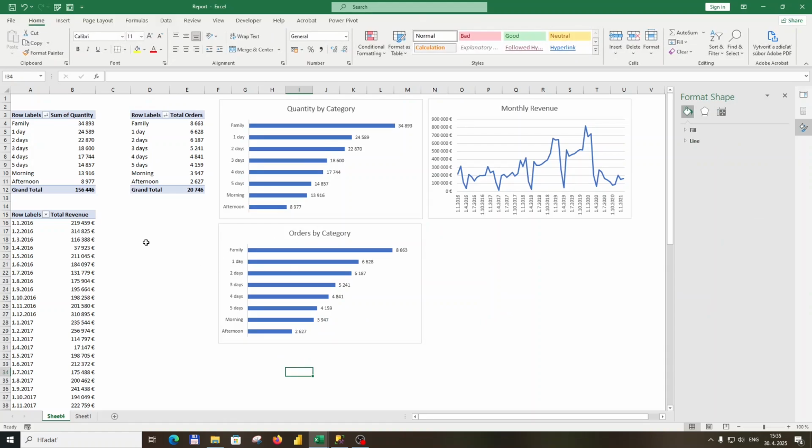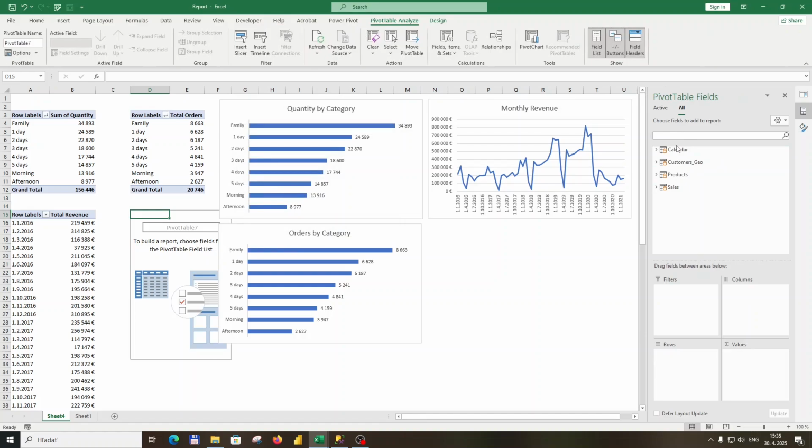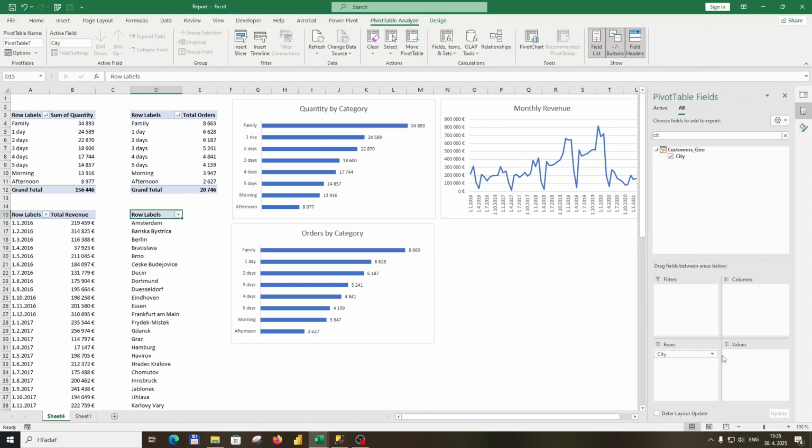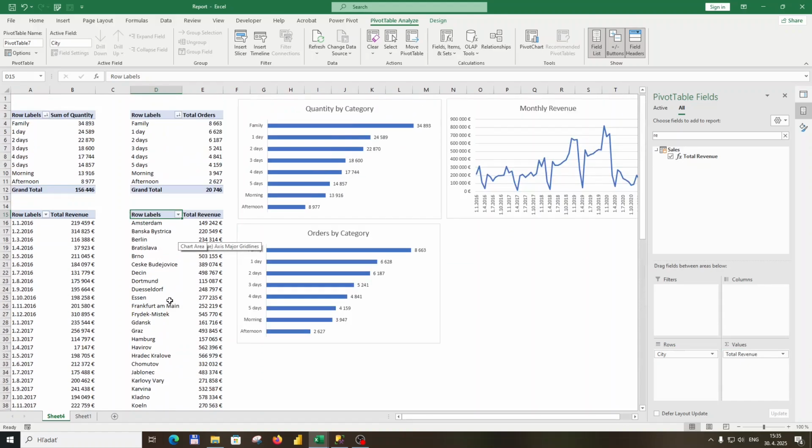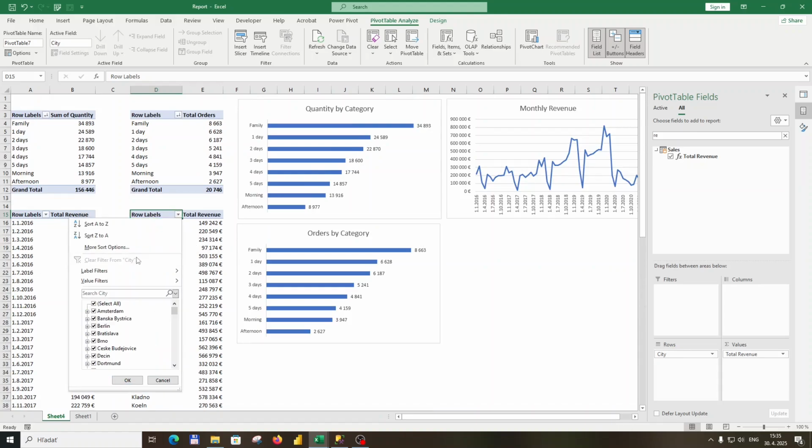One last thing we need to add is the top N cities by revenue. So we'll add another pivot table from data model. I will search for city, add it to rows, and then I will search for revenue. We have total revenue measure. As you can see, I have the table with all the cities in my data set, and I will again